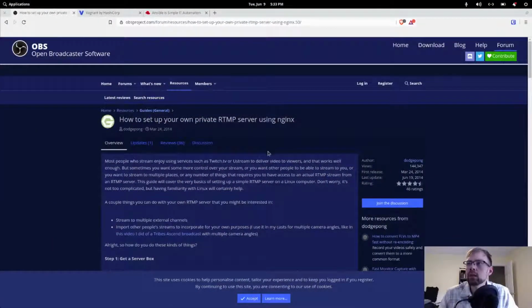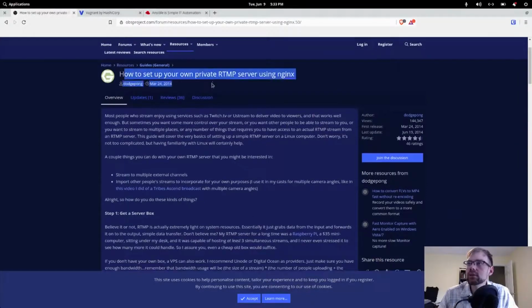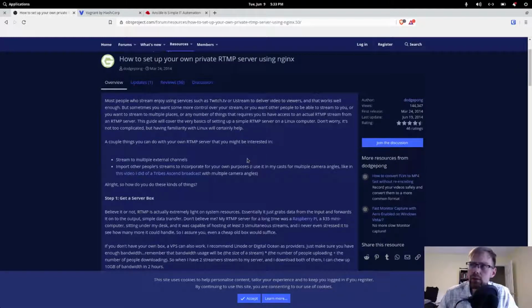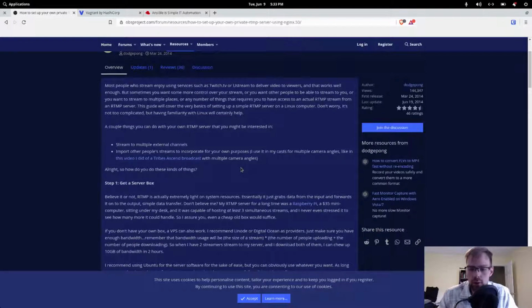There's an alternative that I found while researching, and it was on OBS's own forum, so let's cut on over quick. And you'll see how to set up your own private RTMP server using Nginx, which is great. This allows you to stream to multiple external channels, import other people's streams to incorporate for your own purposes. You can also record, you can set up security for who can push, you can even set up,